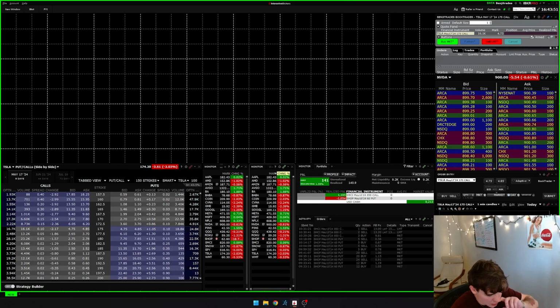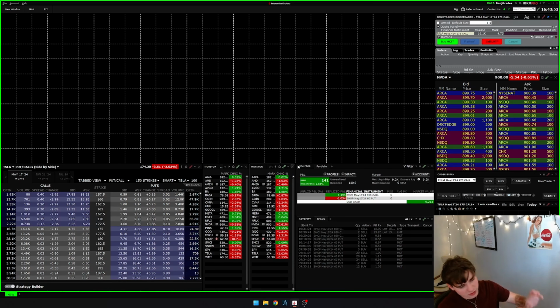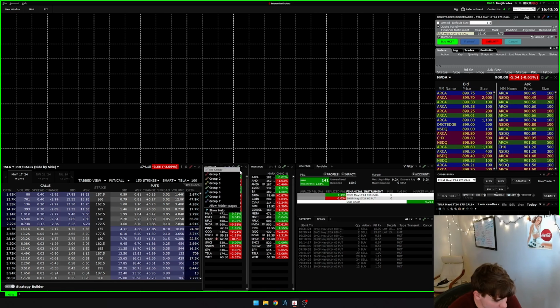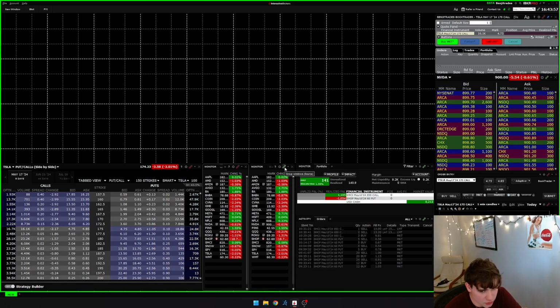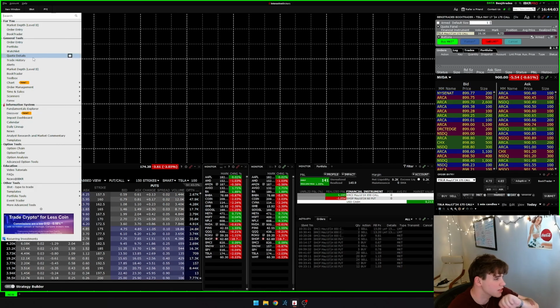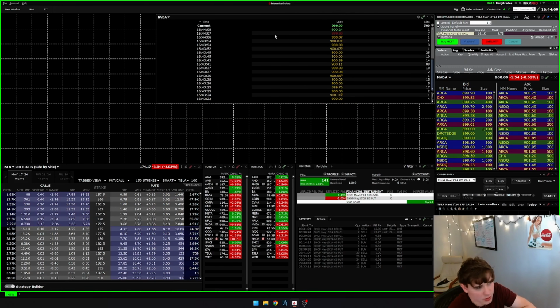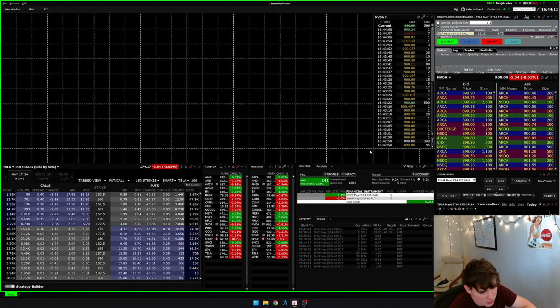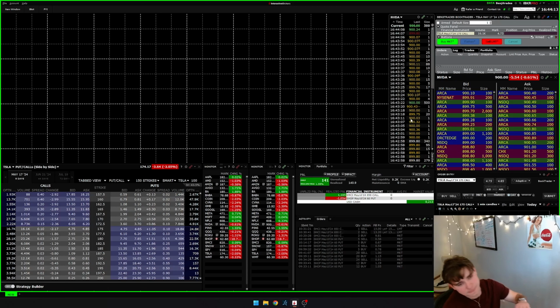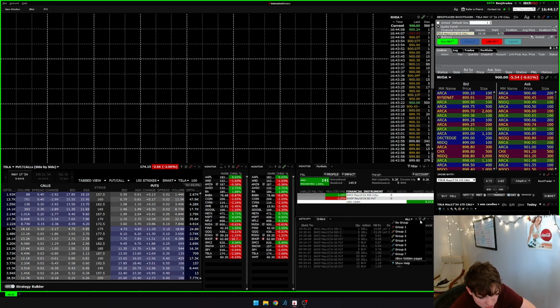You can see that right here. I'll do something like this, and then I'll have one of these set to red, one of them set to green. And basically this green one controls the level 2. So we'll also add times and sales. I personally use times and sales now since I trade with TradingView charts. So you can see, I'm going to go ahead and unlink these because we're not worried about